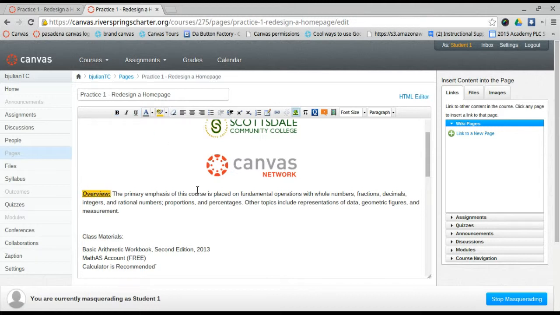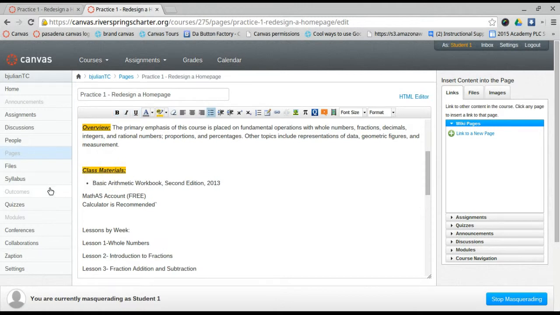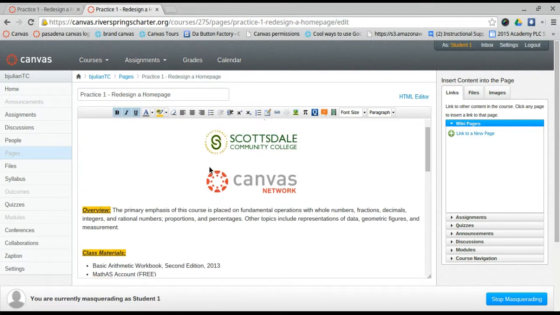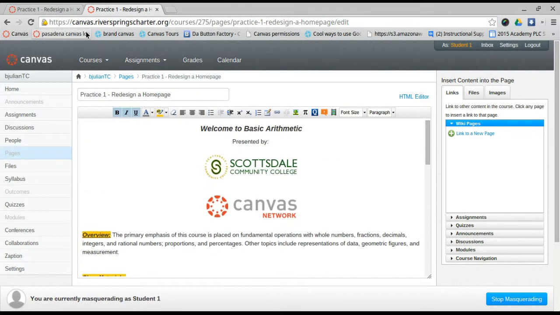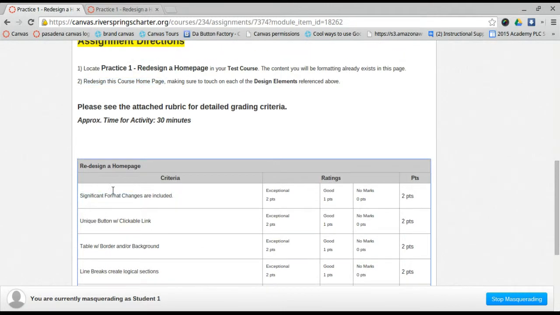There we go. Do another one. And then I might use a bullet list or something right here. Okay, that takes care of the first item for this assignment, which was significant format changes using what we learned